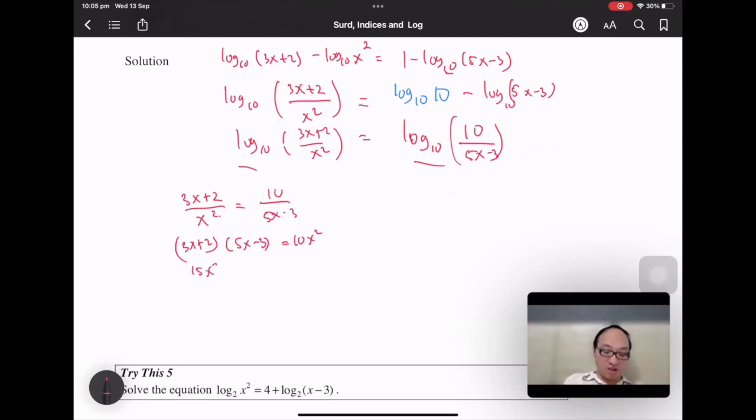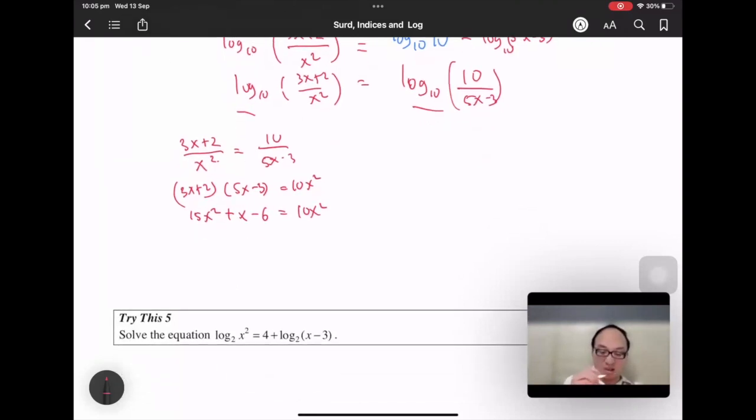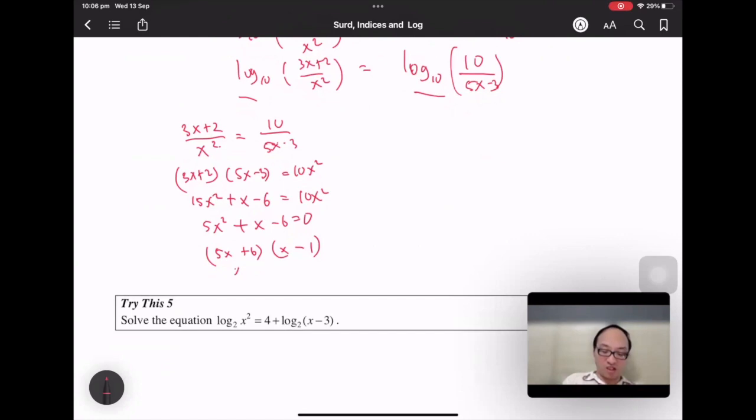So 15x squared minus 9x plus 10x minus 6 equals 10x squared. So we can simplify: 5x squared plus x minus 6 equals 0. So this is 5x, x, 6 and 1. So minus 5 plus 6. So x equals negative 6 over 5,